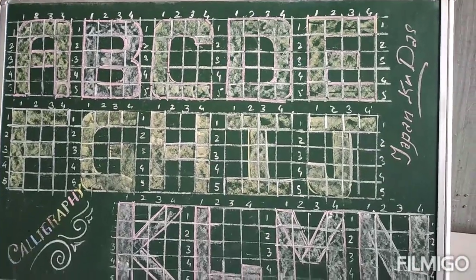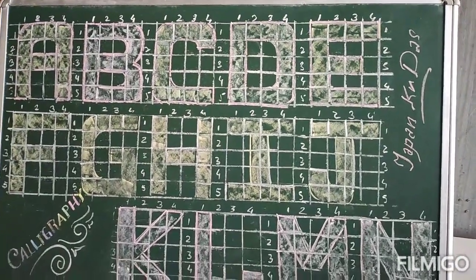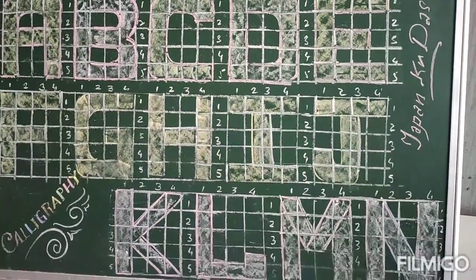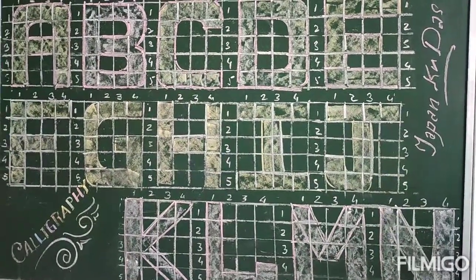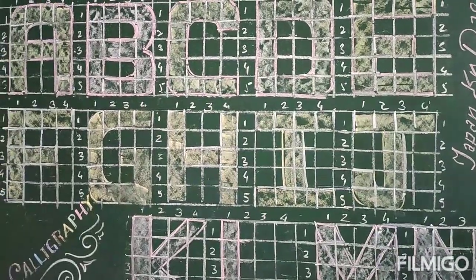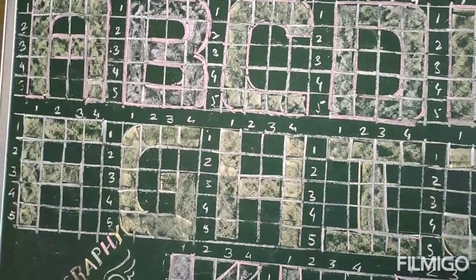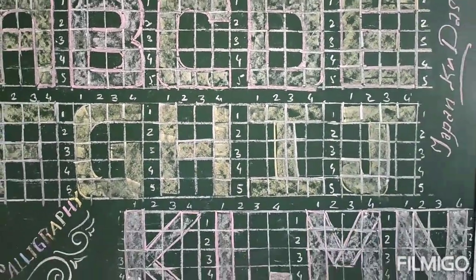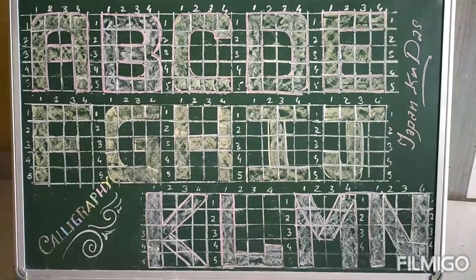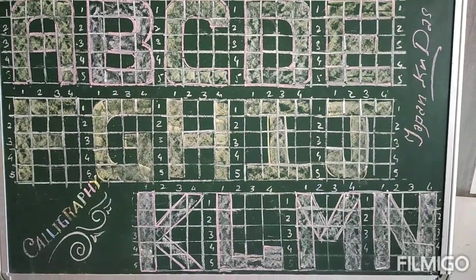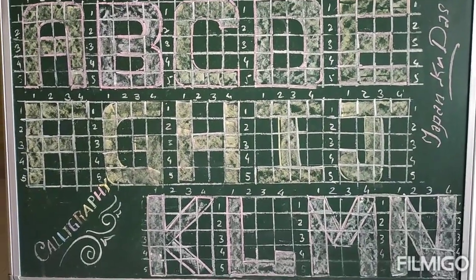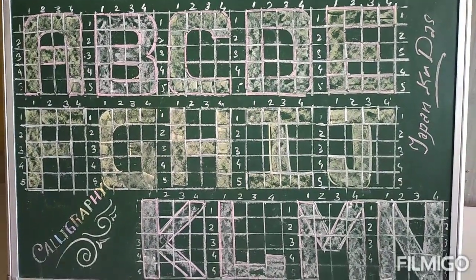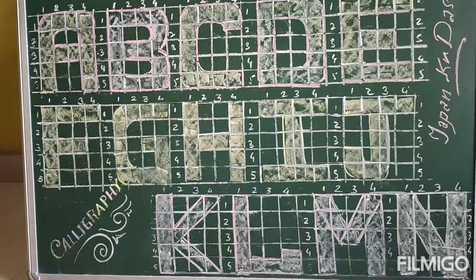So welcome to calligraphy part 2, right? My dear learner, already you have learned A to N. Now we'll proceed O to Z, right? As we have done A to N here, we'll follow the same process further and we'll get the next alphabets, which will be a great benefit for you in the coming future.